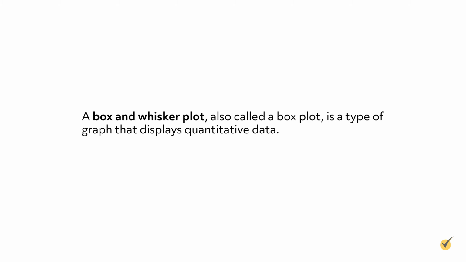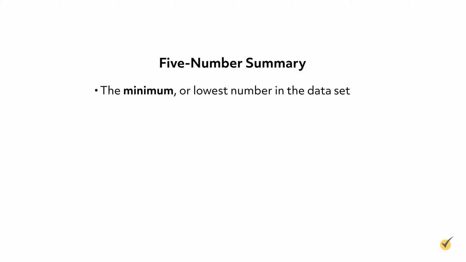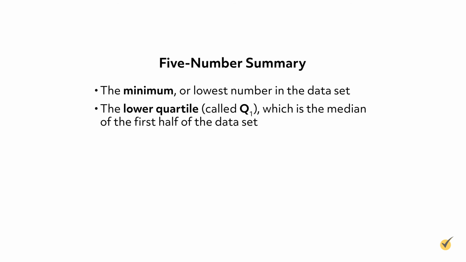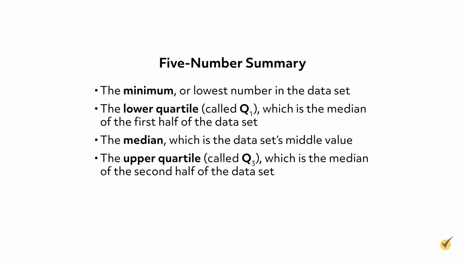The graph of a box and whisker plot involves plotting 5 data values. These values are called the 5-number summary of a set of data when ordered from least to greatest. The data values are the minimum or lowest number in the dataset, the lower quartile, called Q1, which is the median of the first half of the dataset, the median, which is the dataset's middle value, the upper quartile, called Q3, which is the median of the second half of the dataset, and the maximum, which is the highest number